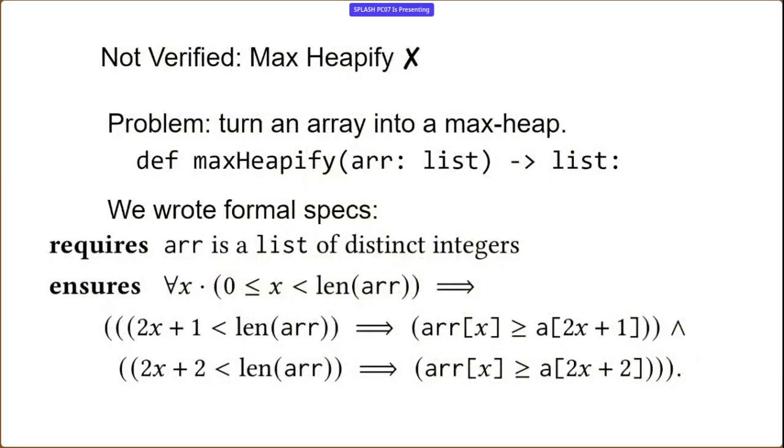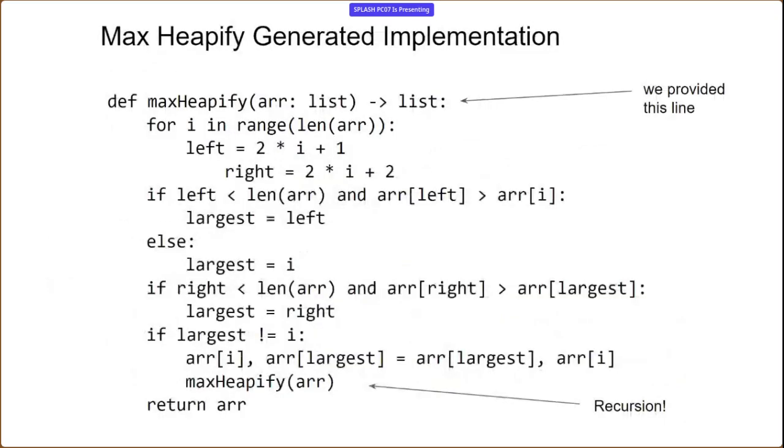The next one is also even more interesting. I guess we thought it'd be easier than it was. So: turn an array into a max heap. There is a formal specification, which is an appropriate specification for this. And so you have an implementation. We just provided the first line, and Copilot was like, here, have an implementation. It is recursive, but